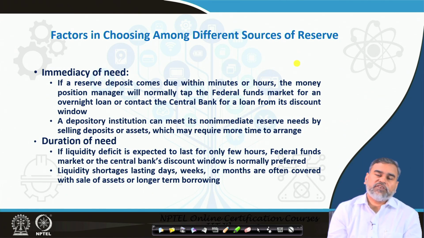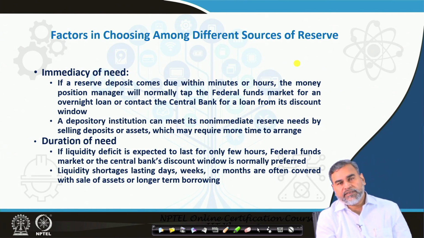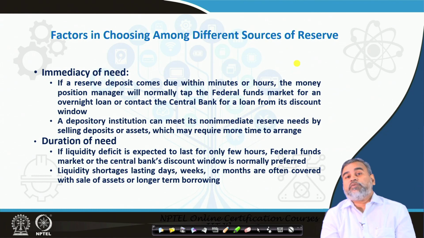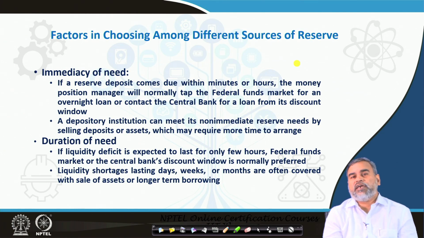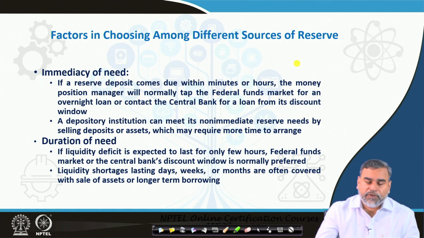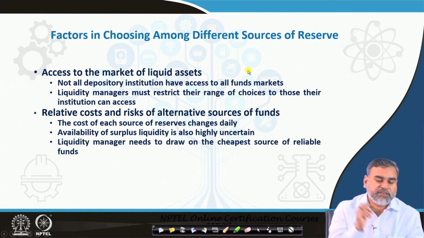The exogenous forces can decide whether these particular borrowings from the different entities are advisable or cost effective or not. If they are not cost effective, then there is a problem whether we should go for this kind of financing or this kind of availability of resources to the commercial bank or not. So, that is why the duration of a need has to be very much clear. Then we have the access to the market,